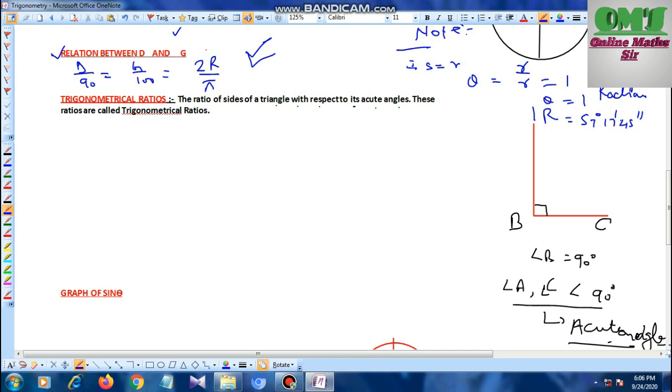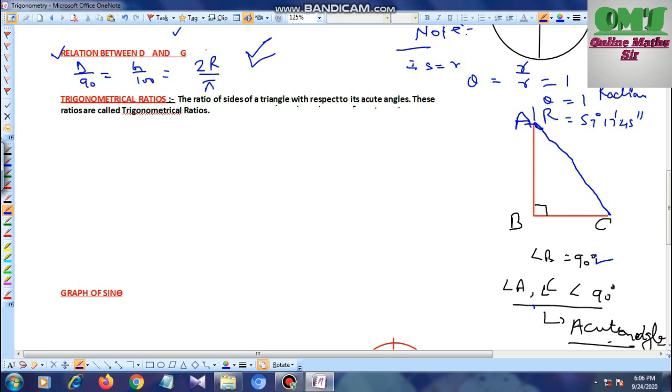These ratios are called trigonometrical ratios. Suppose this is a right angle triangle ABC. Here angle B is 90 degree,